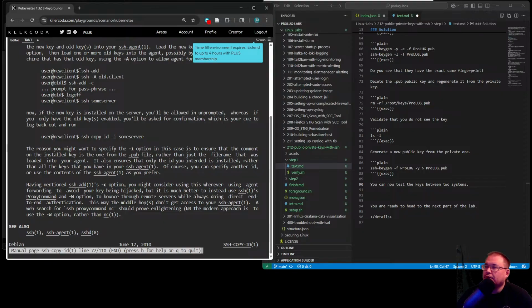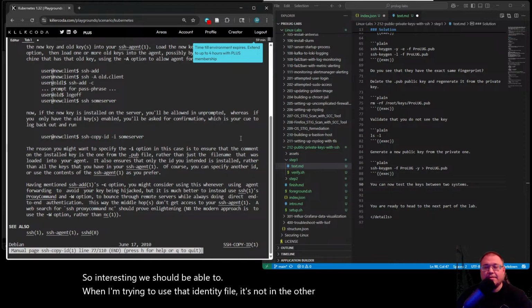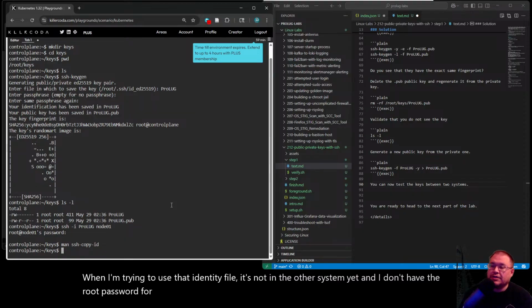So interesting. We should be able to connect. See, when I'm trying to use that identity file, it's not on the other system yet, and I don't have the root password for that. So there's another way to do this, right?